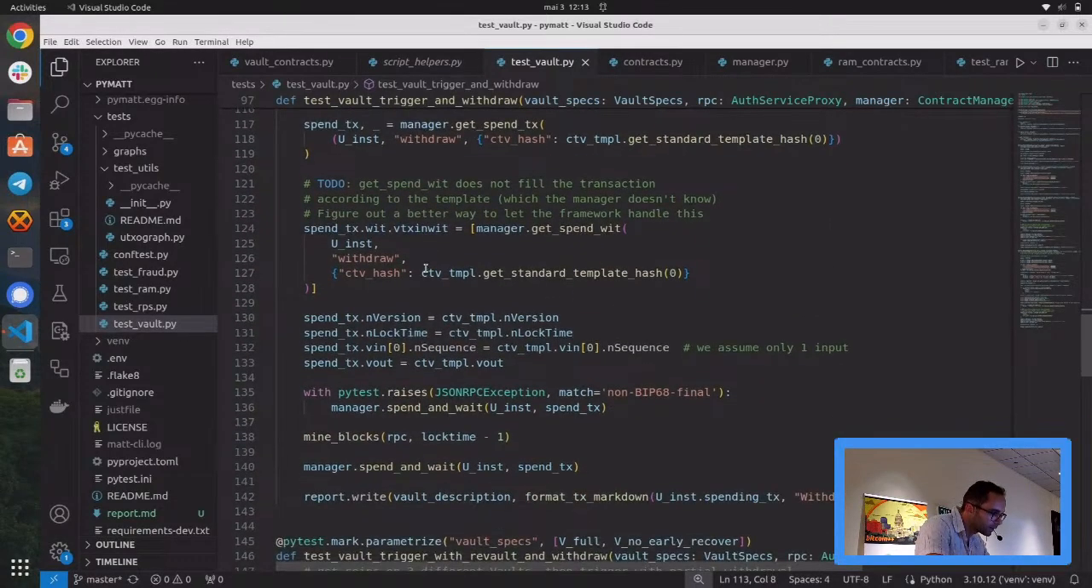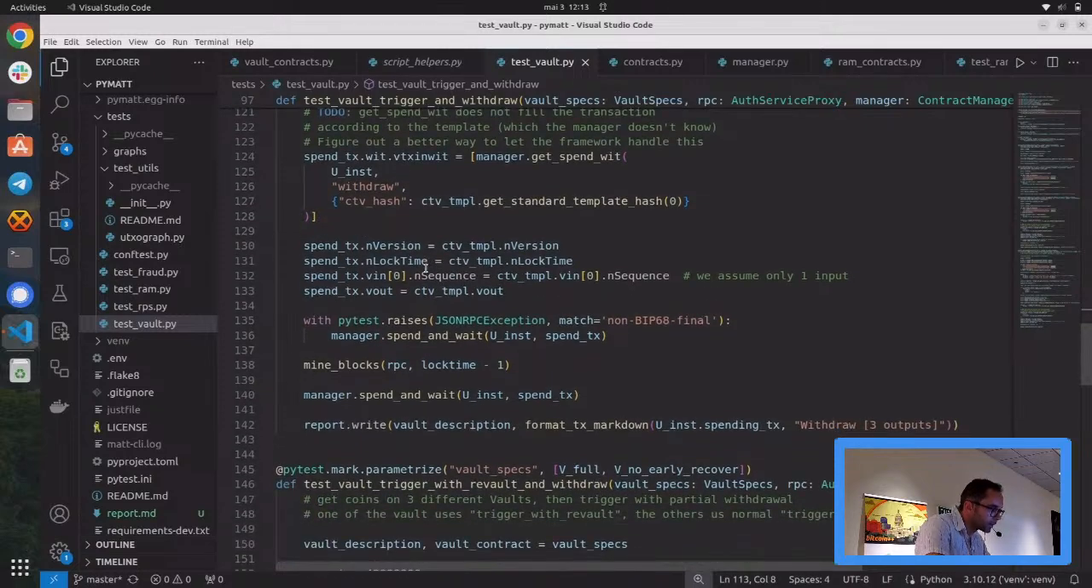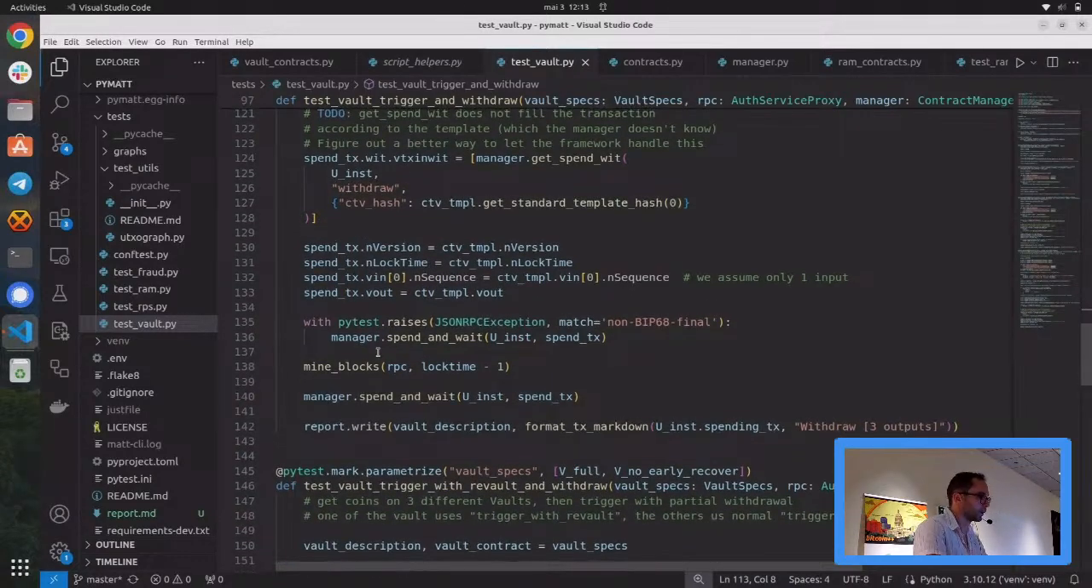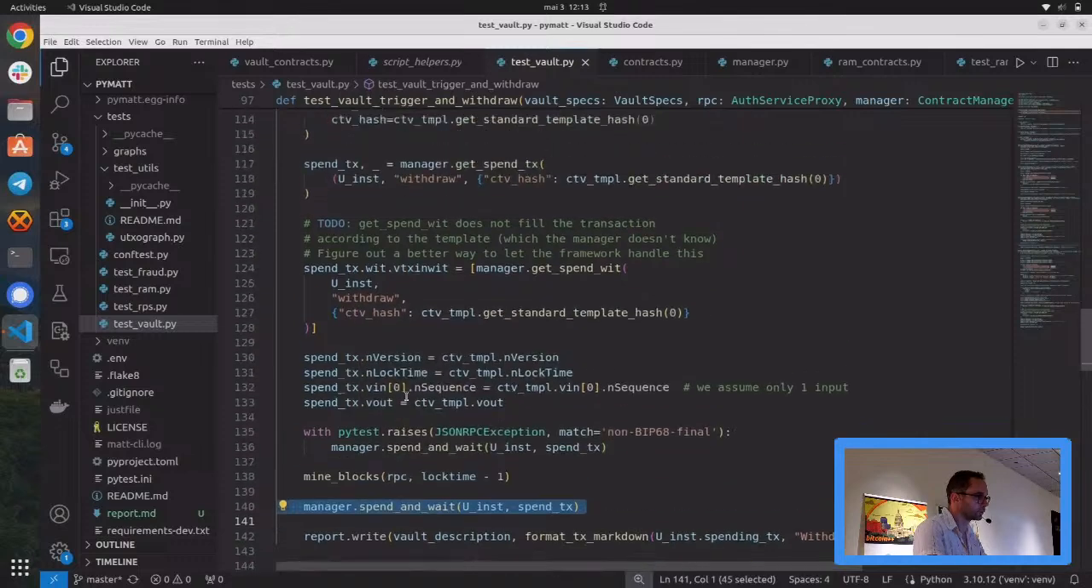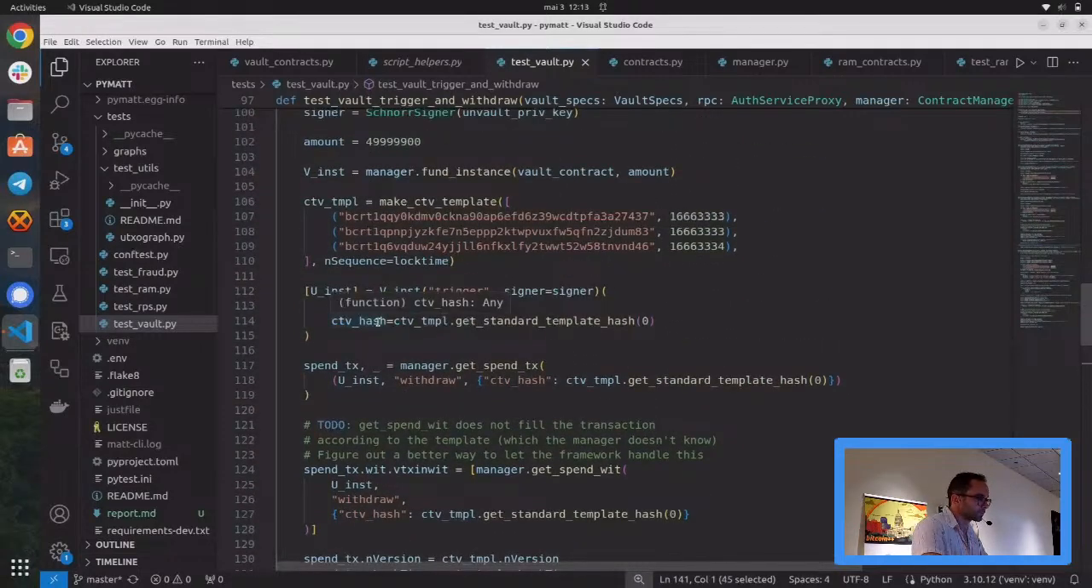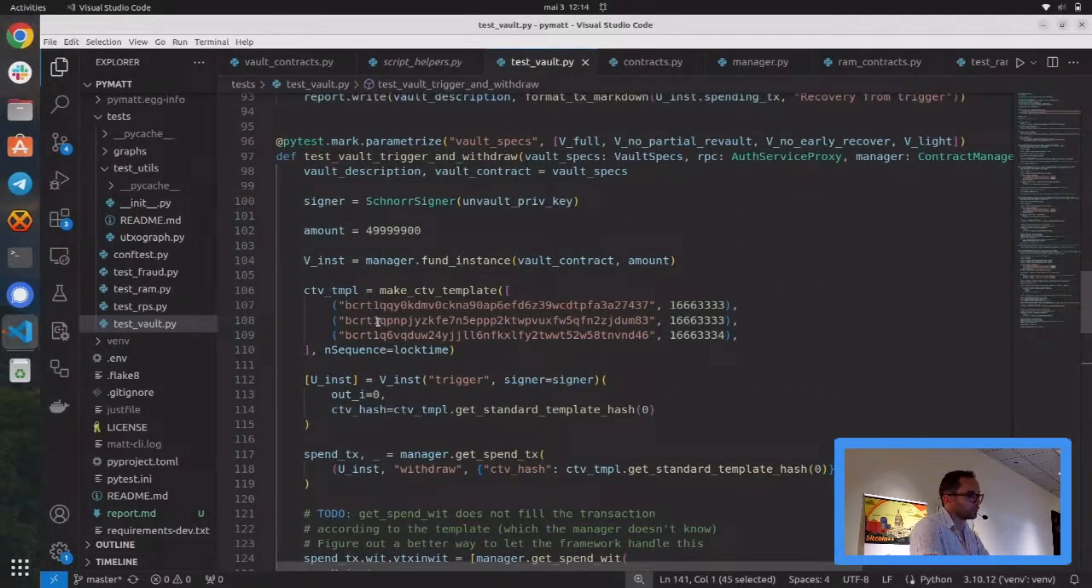Those are some of the examples that are a bit more complex. And here is an example where you have to mine some blocks before you can do it. But again, you can ask the manager to wait for the transaction to be spent, and then that will produce the final results. And so that's the thing I wanted to show in terms of code,